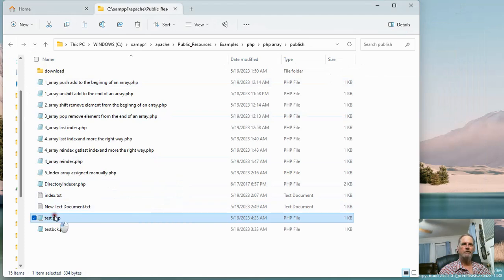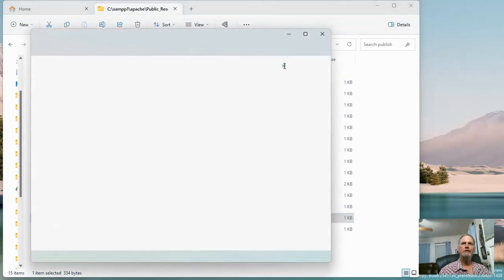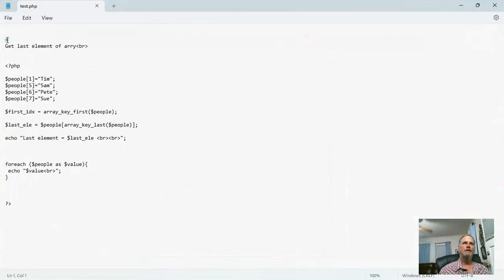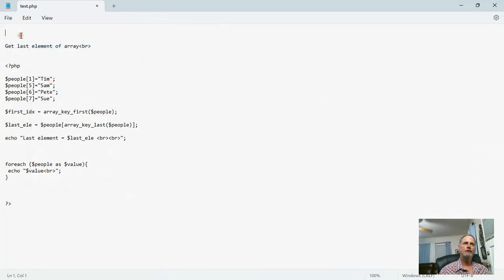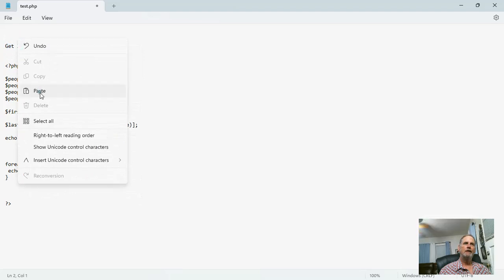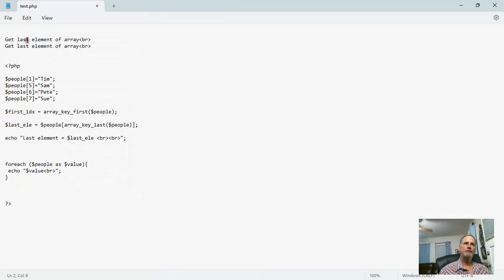So we'll go back here, and I'll say get the last element of the array, properly spelled. That'll be there. I want to put this up here just for fun. Then we're going to say get the first element of the array. So we want to get the first element and the last element of the array. So what I'm going to do is here,